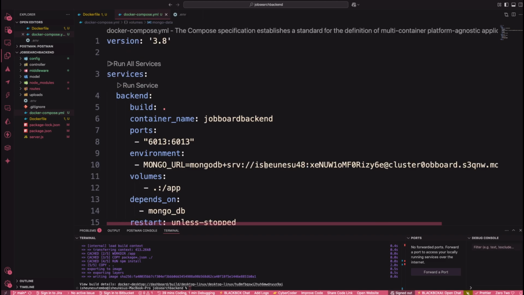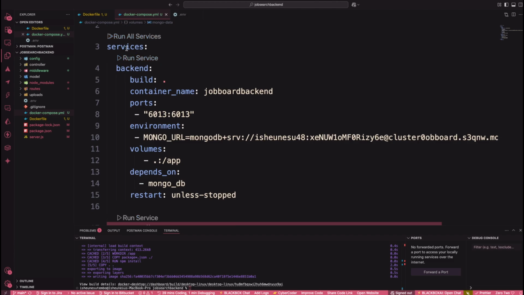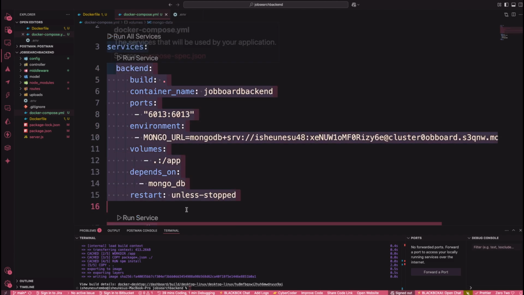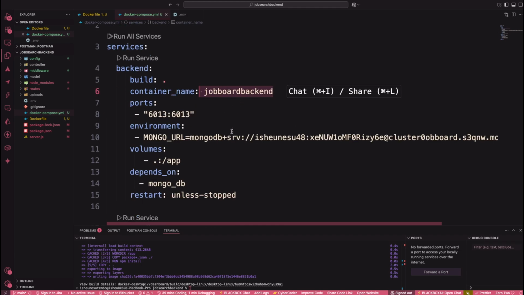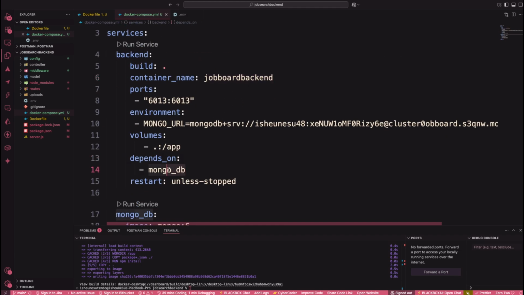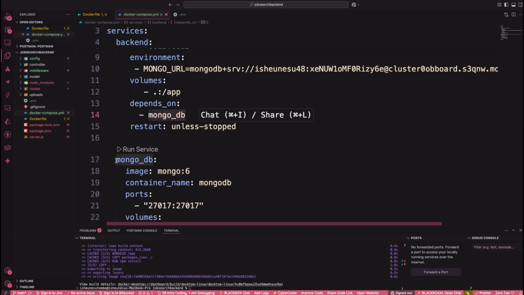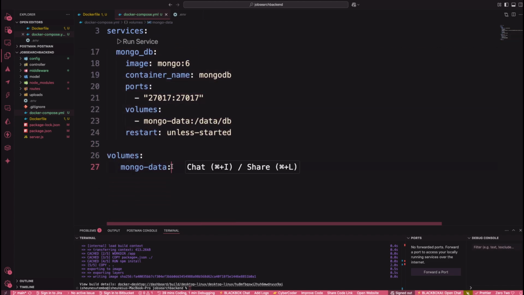Like this, right? So now that we are done declaring our Docker Compose, as you can see, it makes the whole process easy. We simply declare two containers that depend on each other. The first one is going to be the job board backend, and then we declare that it depends on the MongoDB. As you can see, this is the MongoDB container right there. So after we do this, to run these containers,